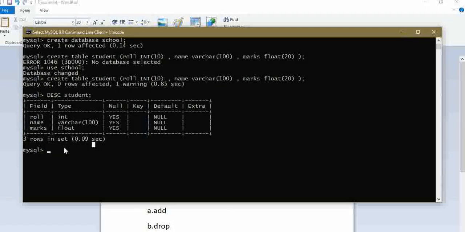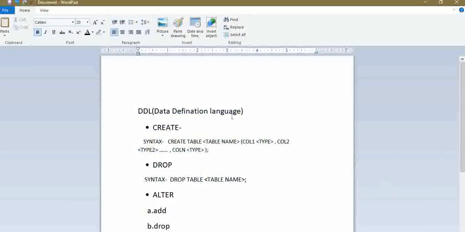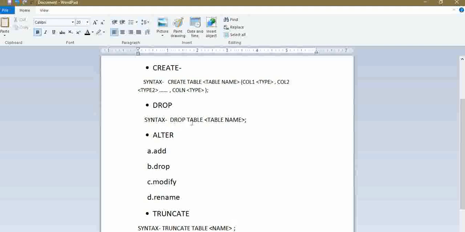So let's delete this table, part 2. Just type drop. The syntax for deleting a table is drop table and the name of the table. Just typing this syntax, the table will be deleted.